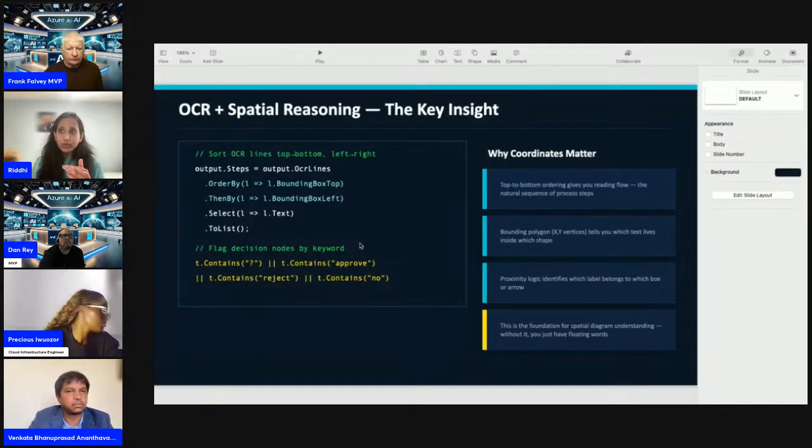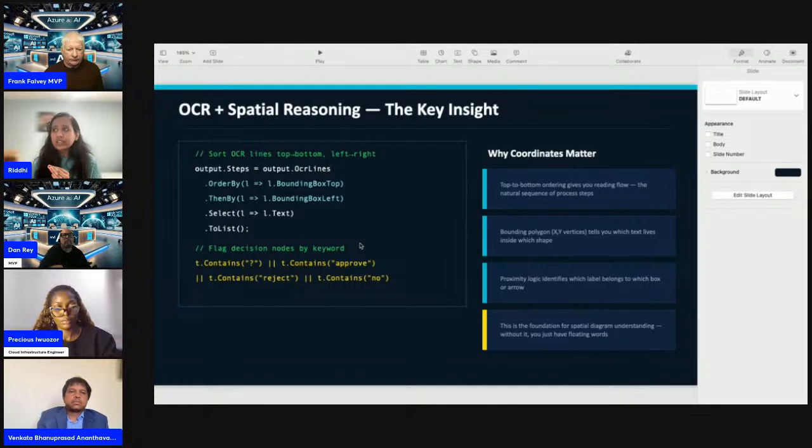You have to go from top to down in your flowchart, and also whenever you find an object, you have to bound the polygon X and Y vertices, which is left and right, excuse me. And after that is done, you have to give the result as steps and decisions.